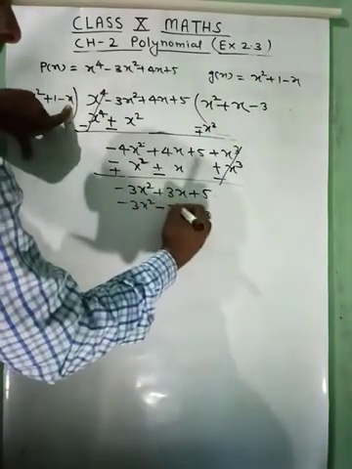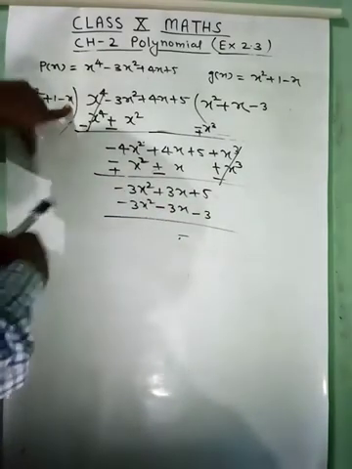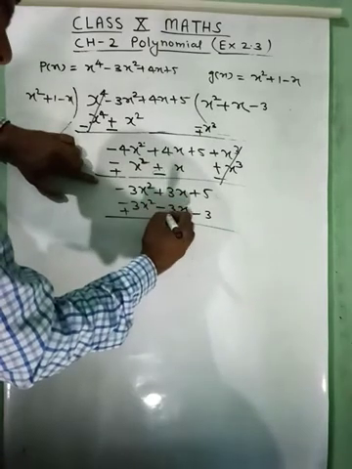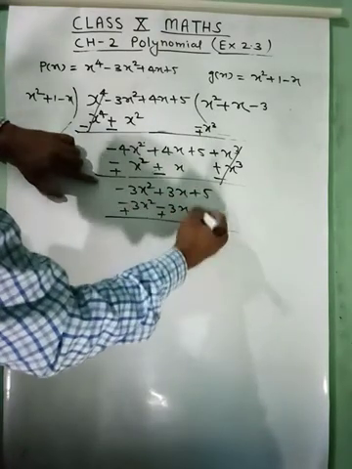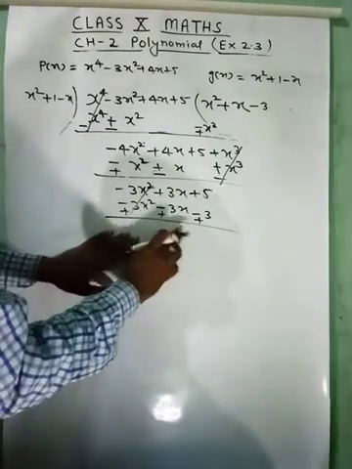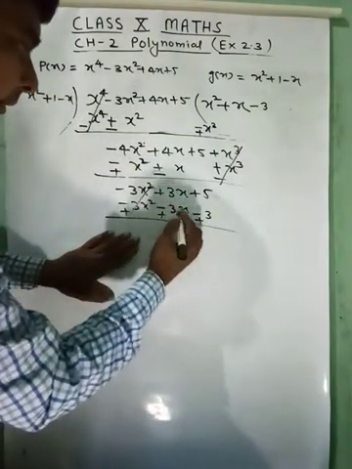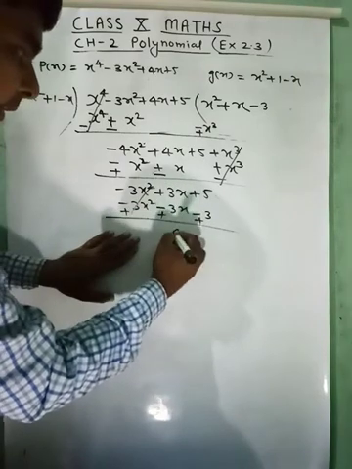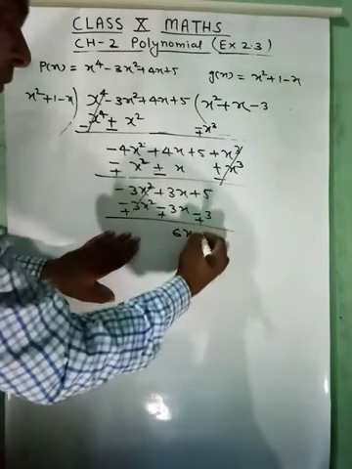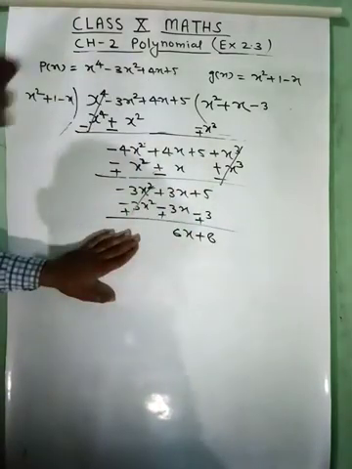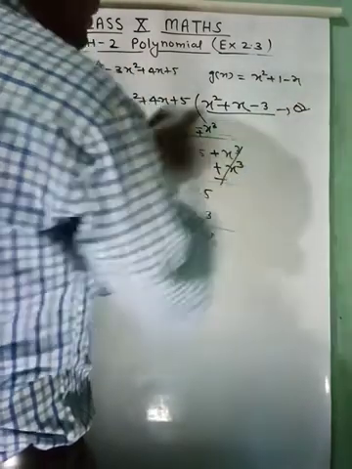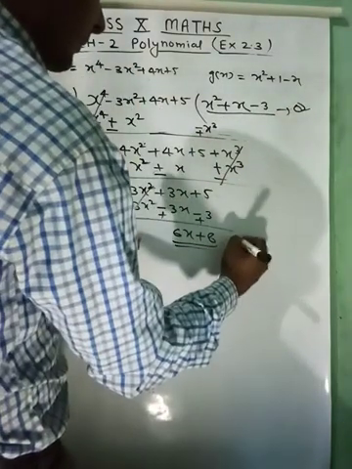So it is minus 3x. Again we will change the sign, negative negative positive, positive negative means positive, so this will cancel. It is positive sign, it is positive sign, it is 6x and it is positive, plus 8. Clear? So our quotient is this and remainder is